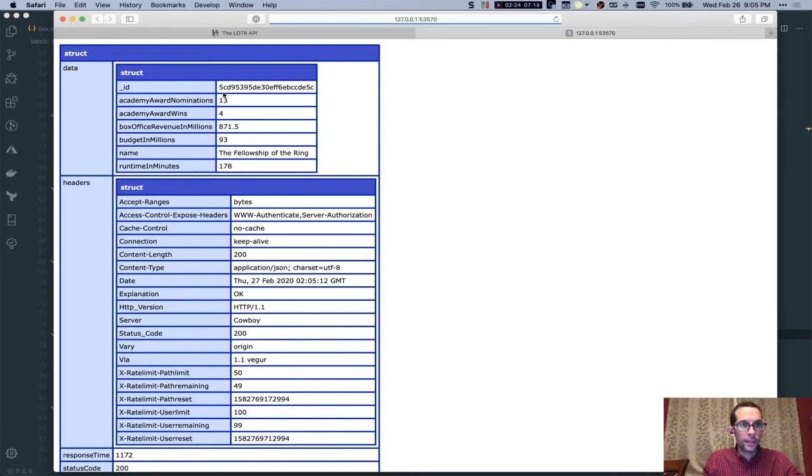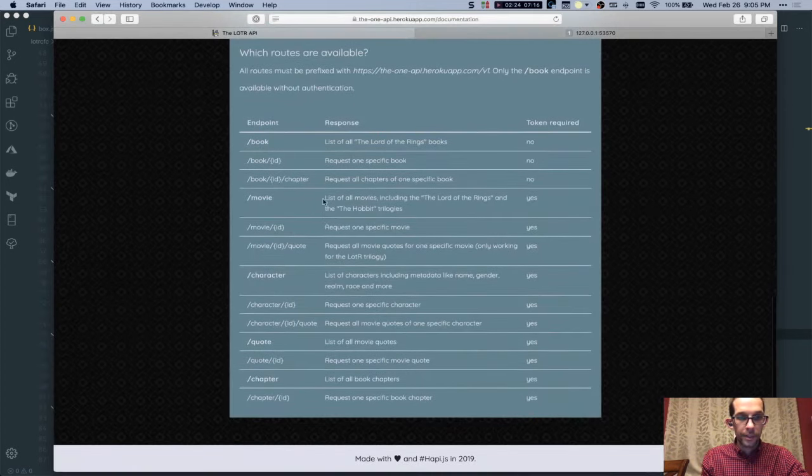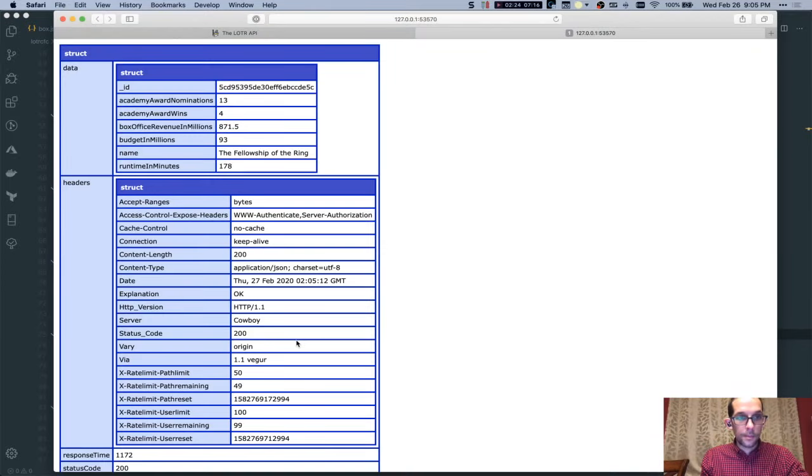Okay, so we got it. Now it does look like the information that we're getting back from that is basically the same as what we were getting back from the array that listed the movies. I thought maybe there would be some more information in there. All right, so let's jump down to quotes because that seems pretty cool,